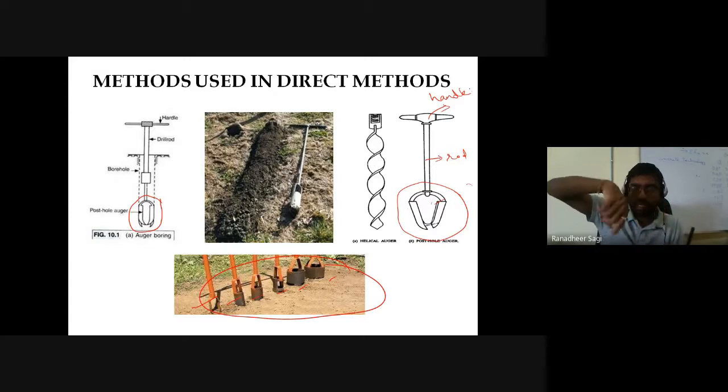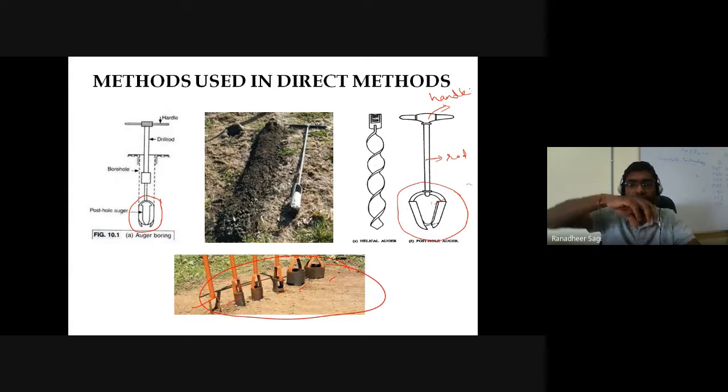Once you start rotating the handle, the auger cuts the soil coming in the way, and the soil gets filled or collected into the hollow portion of the auger. Once the soil is completely filled, you will not see the auger penetrating further into the ground. In such a case, the auger has to be taken out with the complete setup. The soil collected in that hollow portion has to be removed, and then you further extend your borehole into the ground.